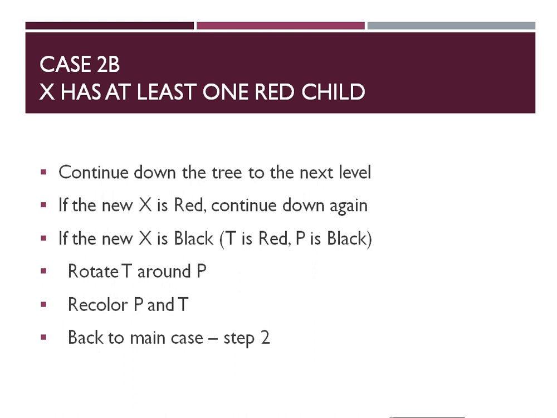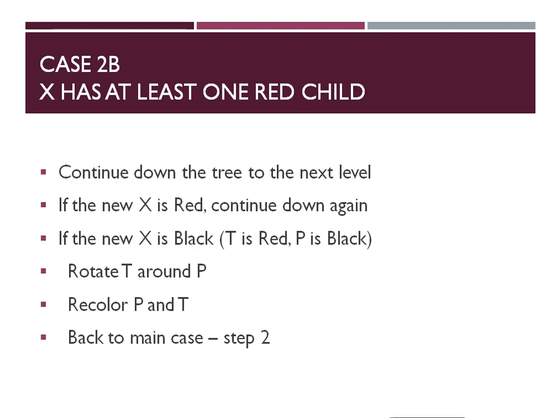Now in case 2b, where X has at least one red child, then simply continue down the tree to the next level. If the new X is red, then continue down again. If the new X is black,